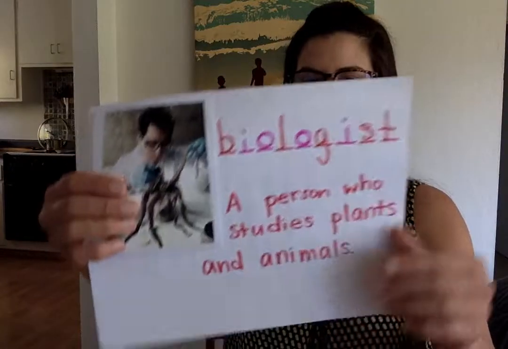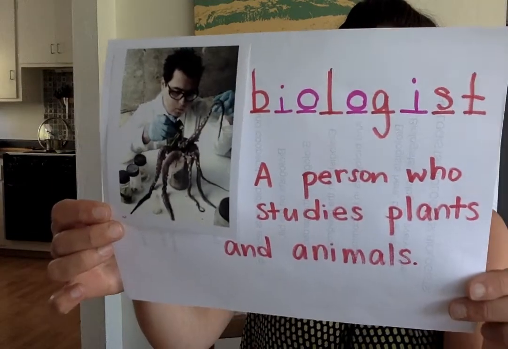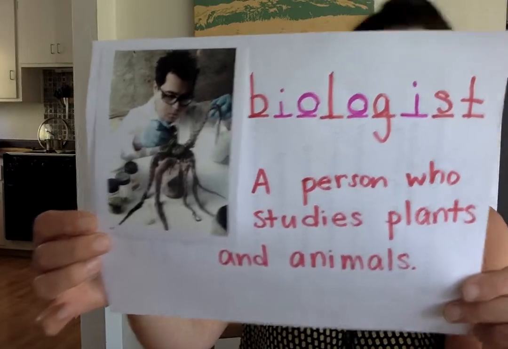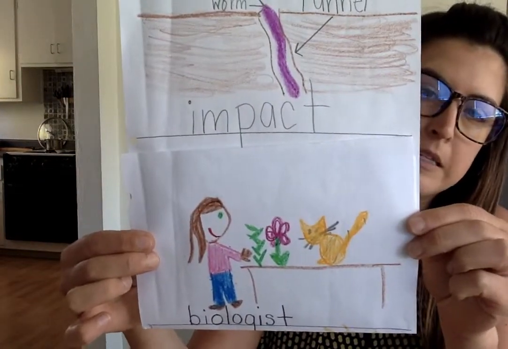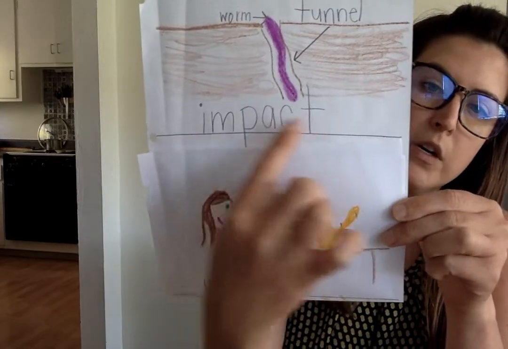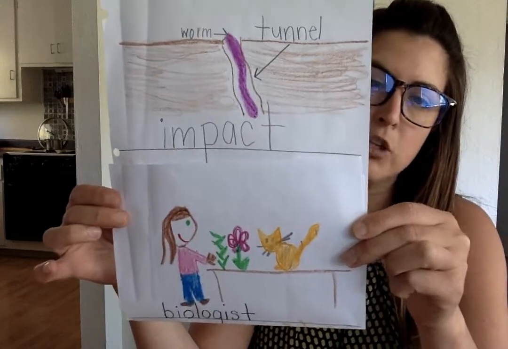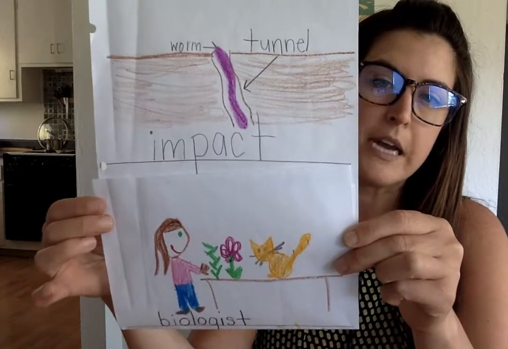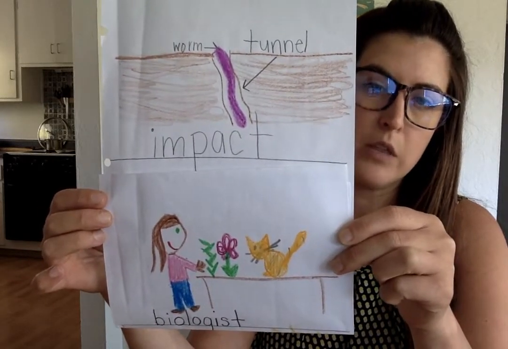The other word we've learned is biologist, a person who studies plants and animals. And I like to do biologist, a person who studies plants and animals. Or you might like to do whiskers for animals. So you can draw a picture. I tried to do a picture of myself being a biologist, studying plants and animals. So the important thing is to have the word written and have a picture that makes sense to you. I will attach this in our Google Classroom today so that you can look at it if you'd like to. Otherwise, just make your own drawing.